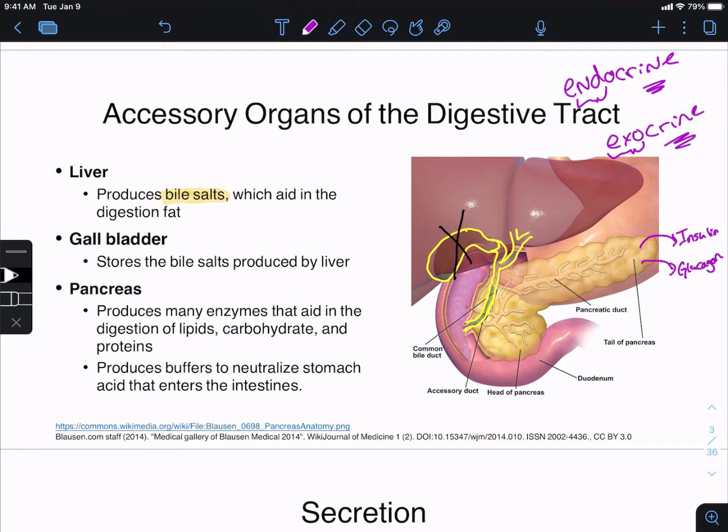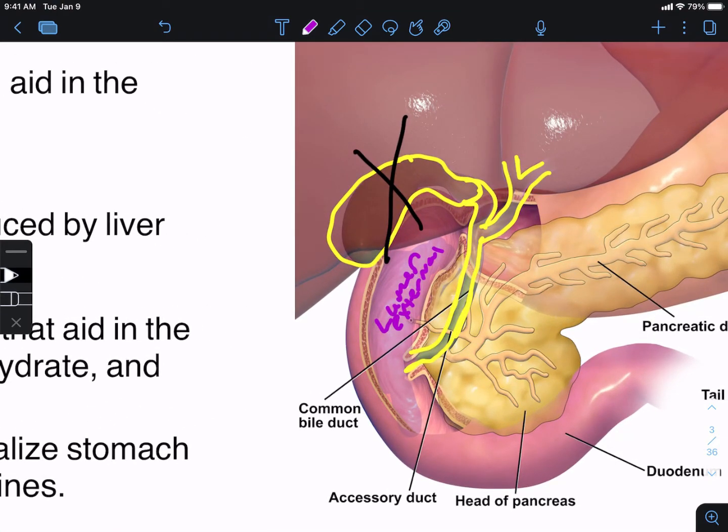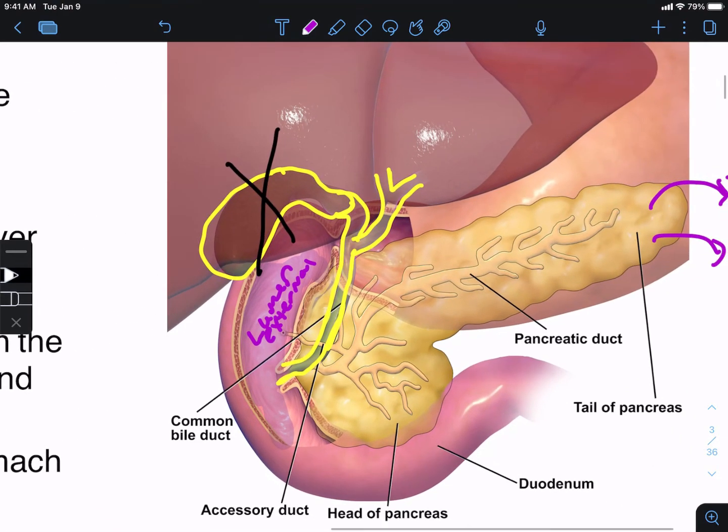And we'll have a chance to review the control of insulin and glucagon when we talk about the endocrine system. But exo means to be secreted to outside. And here I want to remind you that the lumen of your digestive system is the external environment. That scribble says external. This can be a little hard to read there. The external environment. And so the pancreas, what it does is it dumps a bunch of secretions into this pancreatic